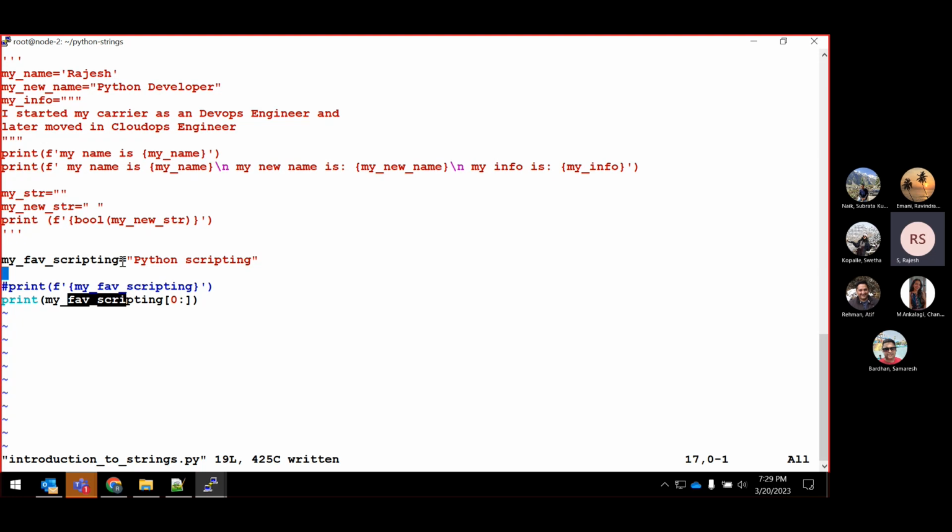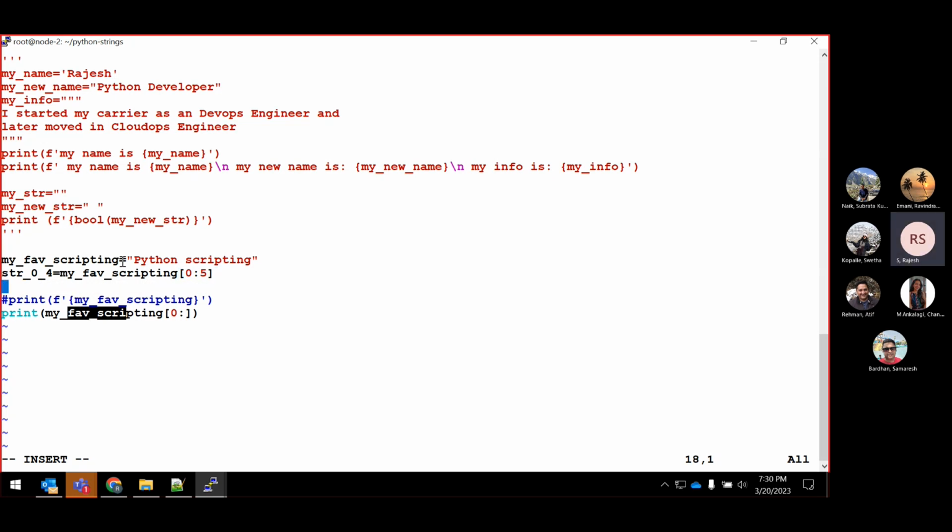You can just say str something 0 to 4 is equal to something like my underscore favorite underscore scripting of 0 to 5 something, right? And then say print str from 0 to 4 something like this. We're just trying to print. See,